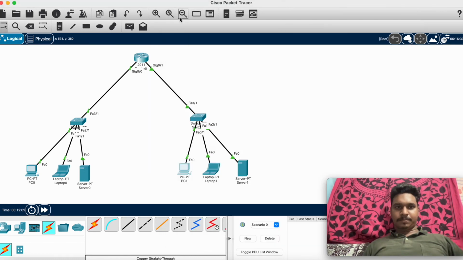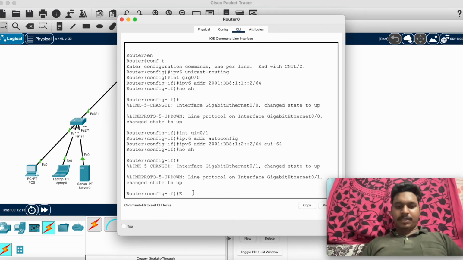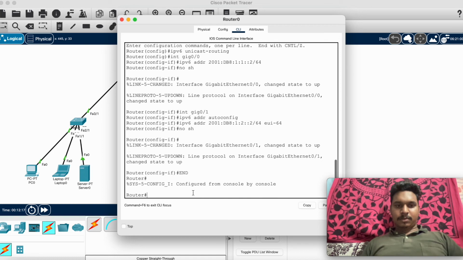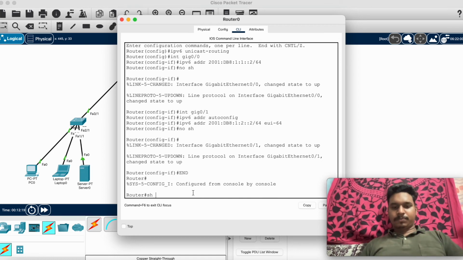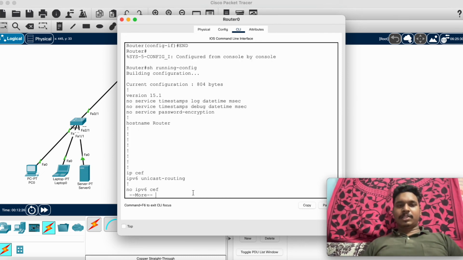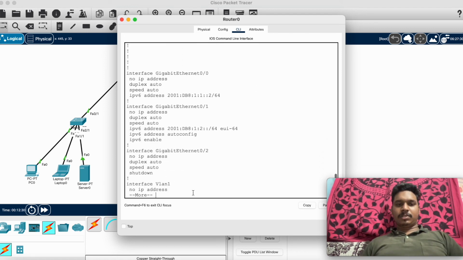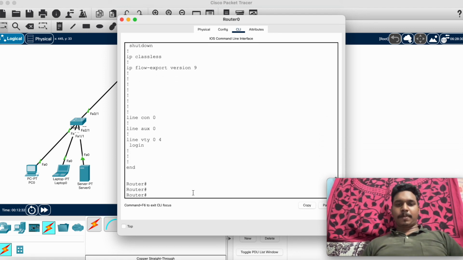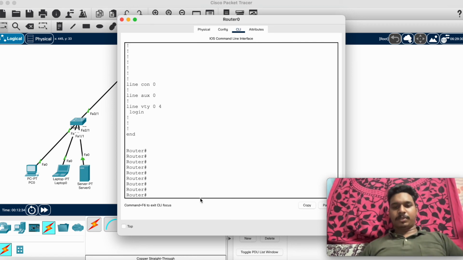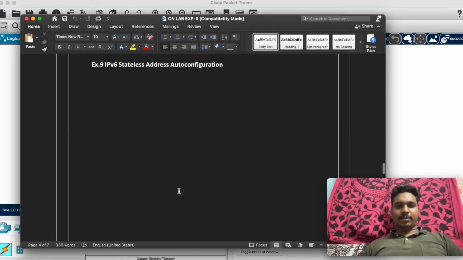We'll give end here. Okay, end. So show running config. So you can see here the running configuration. Everything is running properly, so that's why we got this output. So the running configuration is successful, and this will be the same output I have pasted here.